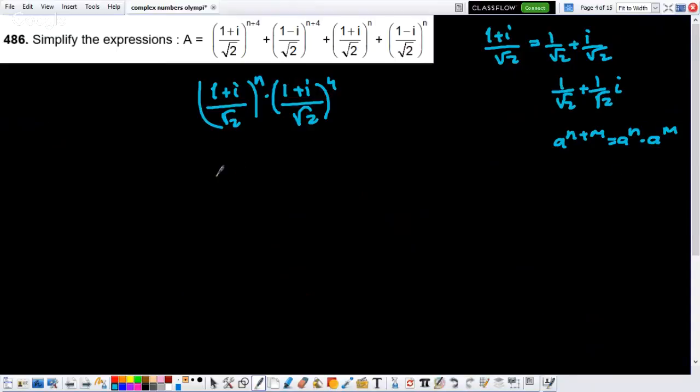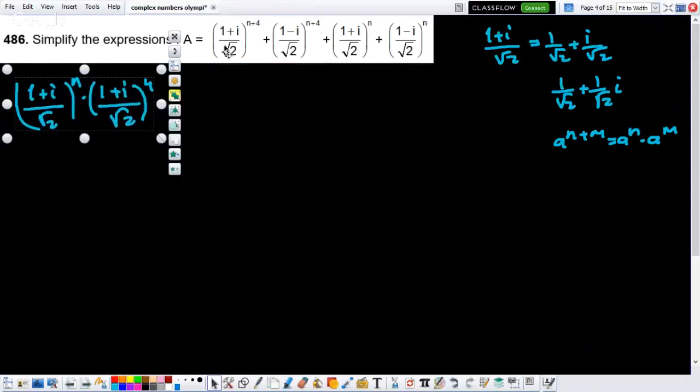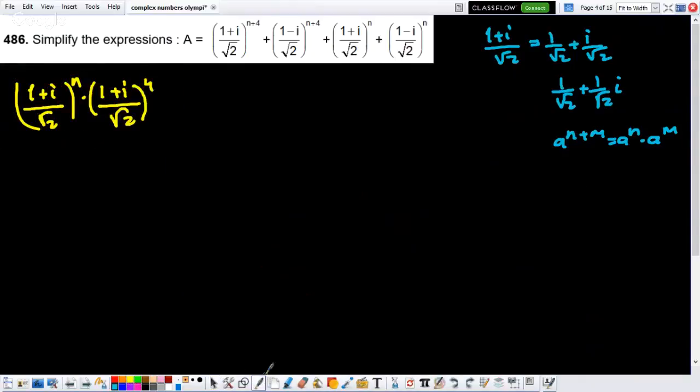So if I write the things here again, this is the first term. Then the second term is here. Let me change the color of writing, not to mix with this one. Plus 1 minus i over root 2 to the power of n times